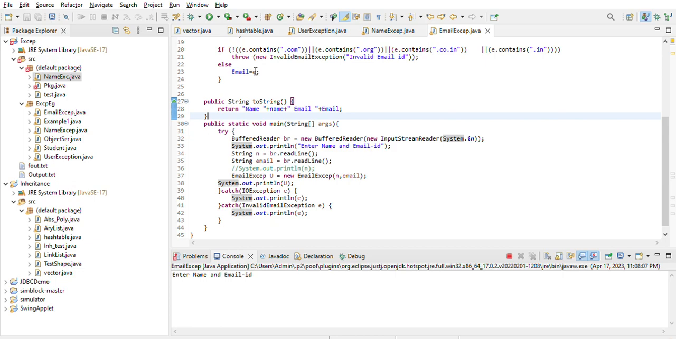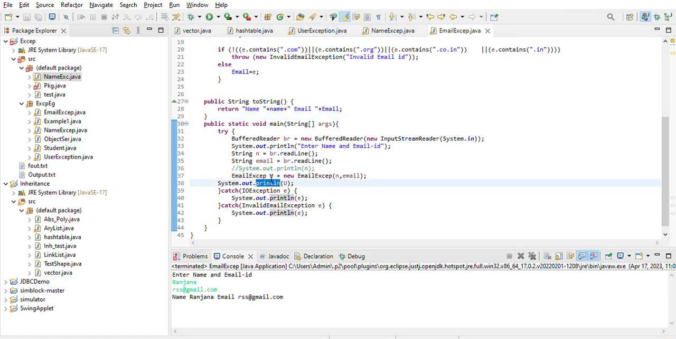EmailException, it is asking for name and email ID. So, email ID, okay, as the email ID is valid, it has displayed both email ID as well as name using the statement System.out.println. If now